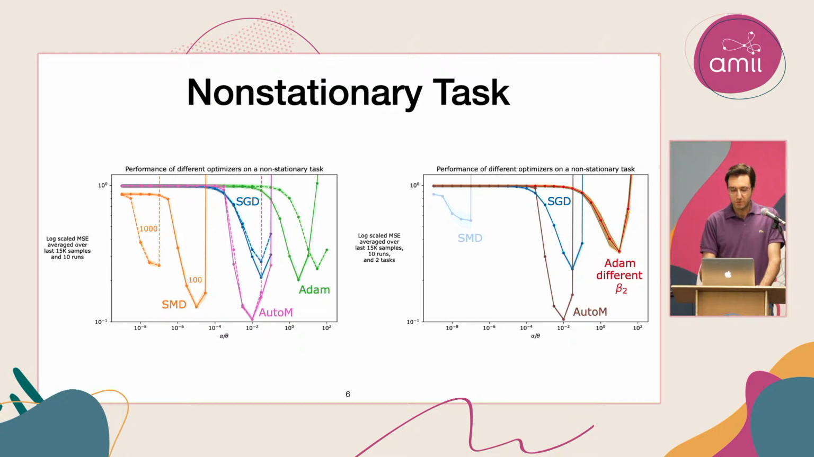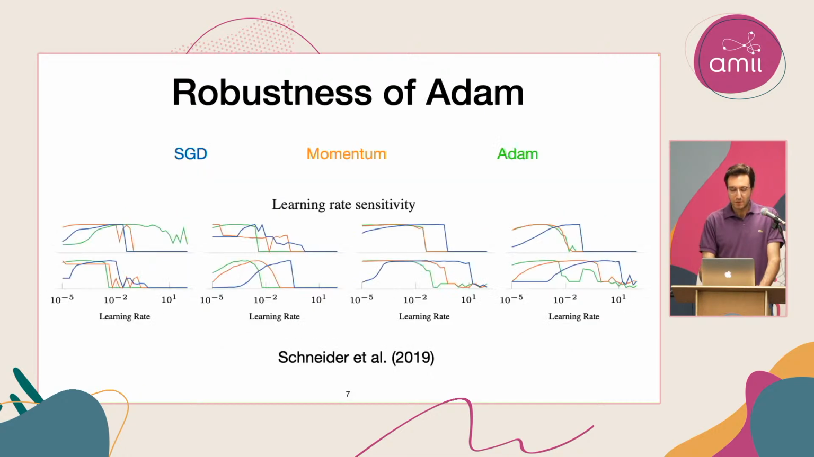So we take inspiration from Adam, which has been shown to be robust across different problems. These are results from a paper by Schneider et al. They show that here, for example, the blue curves are SGD. These are sensitivity curves, and higher is better. And the 8 figures are for 8 different problems. And you can see that for